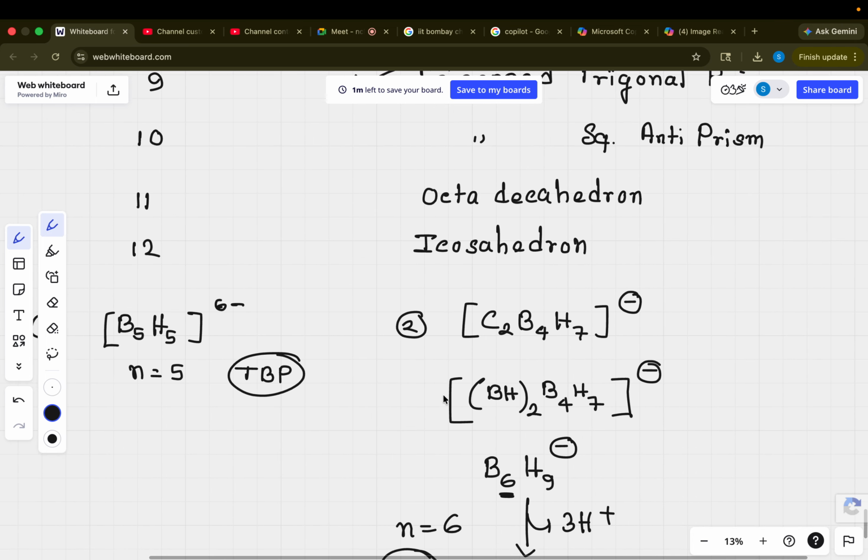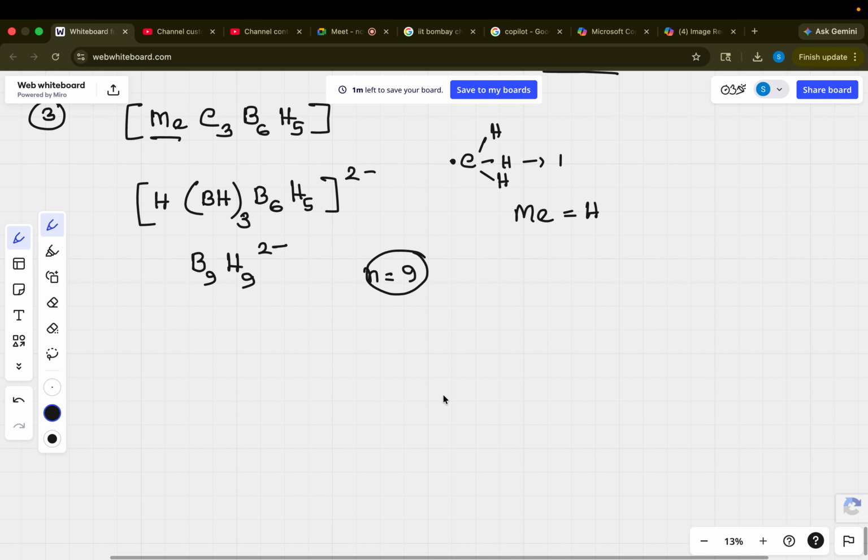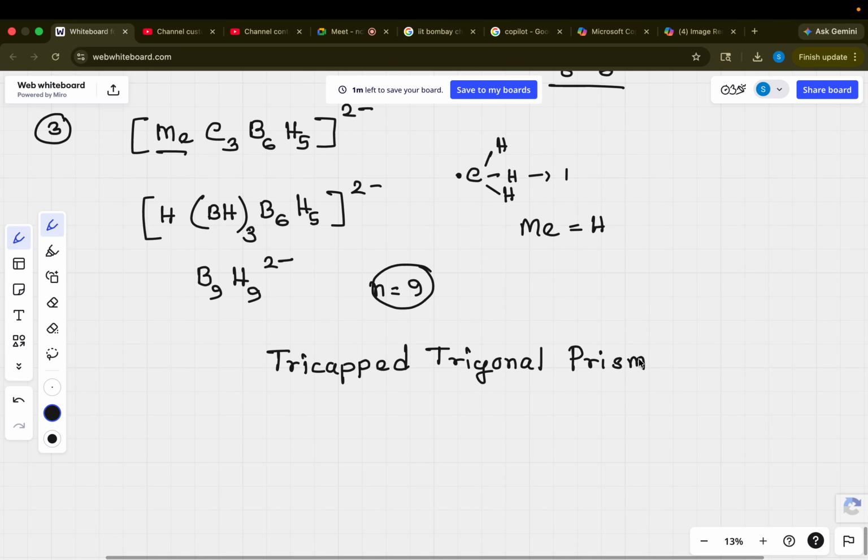It is tricapped trigonal prism. Okay, so this structure you will get, tricapped trigonal prism. That will be the shape. Clear? Yes. Okay, fine. Now